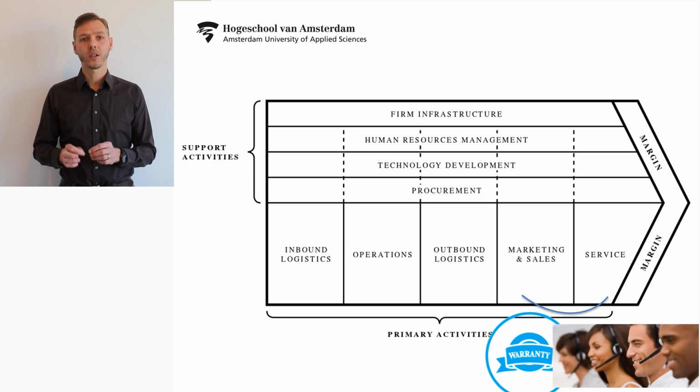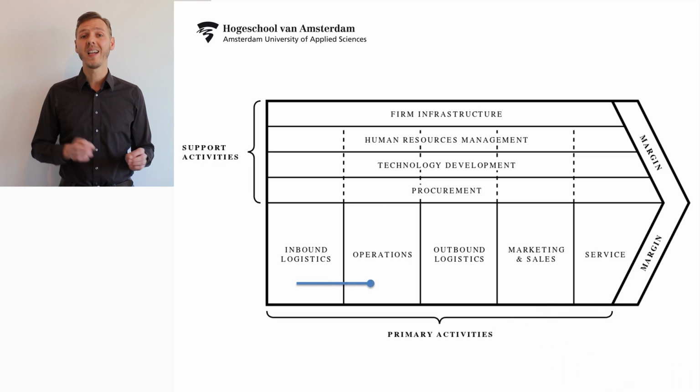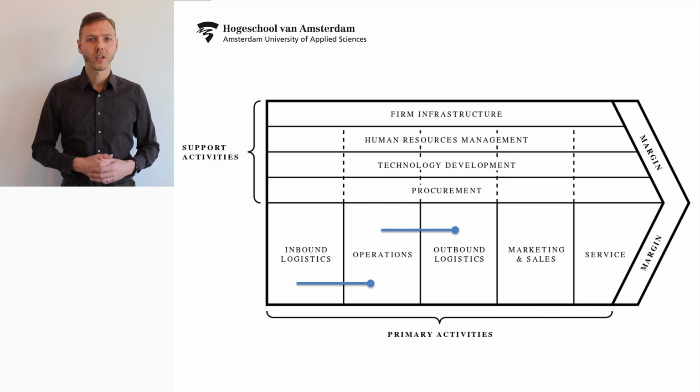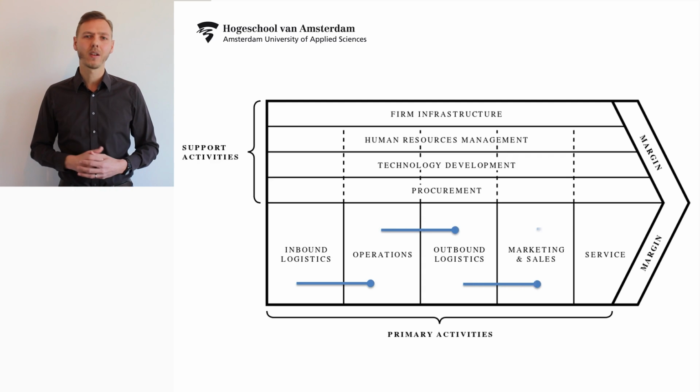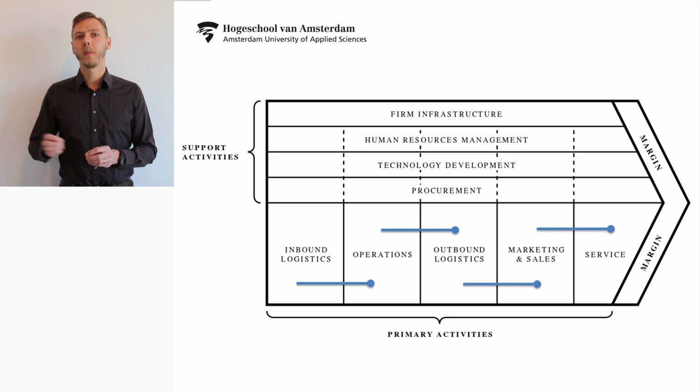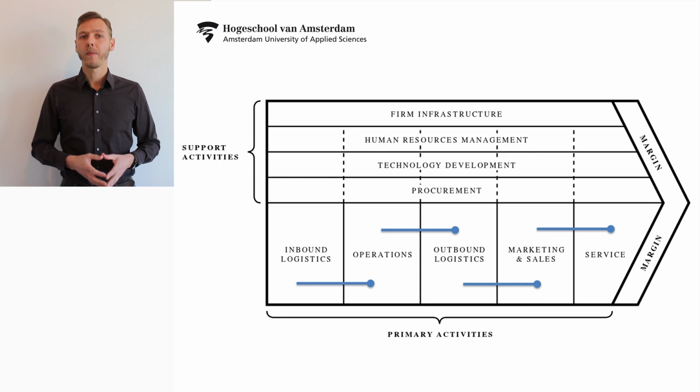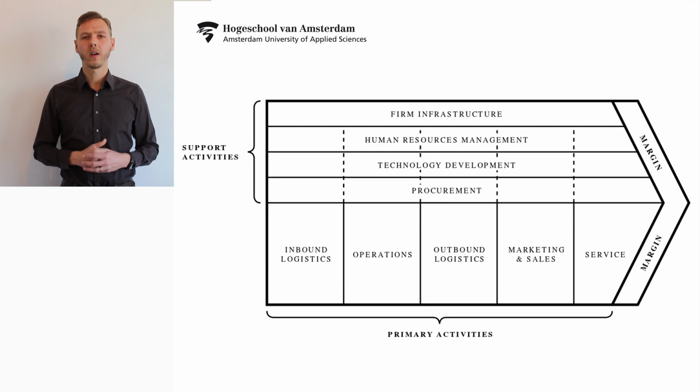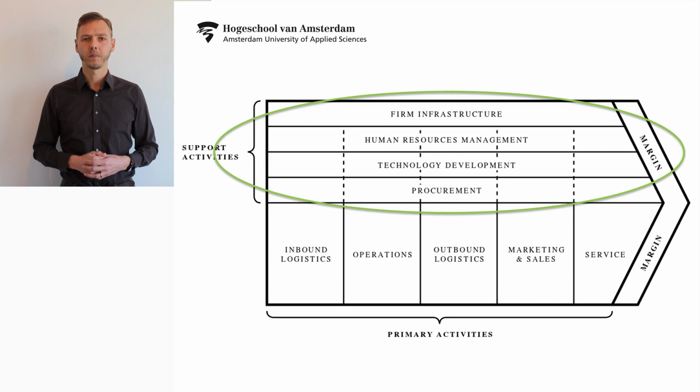If these linkages are really fluent and really efficient, for instance, as Michael Porter also mentions, you have an operationally excellent company, then these linkages will be really fast and really clean and with no hassle, and you don't lose any margins over there. Now, these are not the only internal linkages. Let's have a look at the supporting activities.